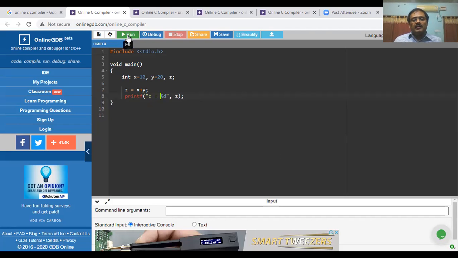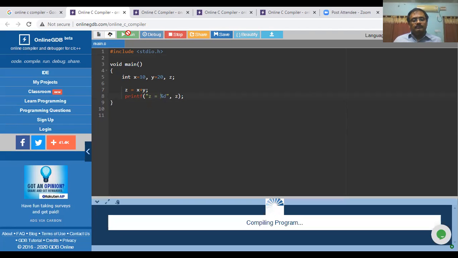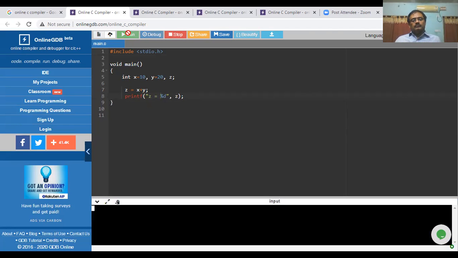Now again I am running the program. Now you are going to see the difference. In the earlier case, only the value 30 was printed, but what exactly does the 30 represent? Here, the 30 represents the value contained in z. What is z? The sum of the values available in the variable x as well as in the variable y.